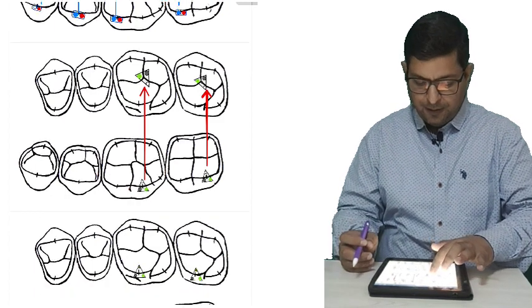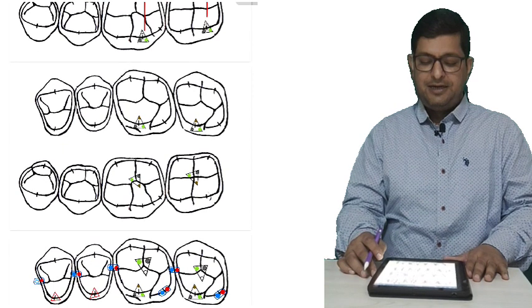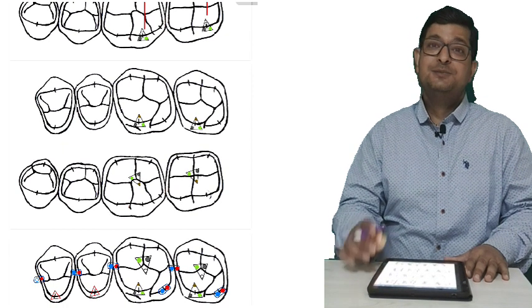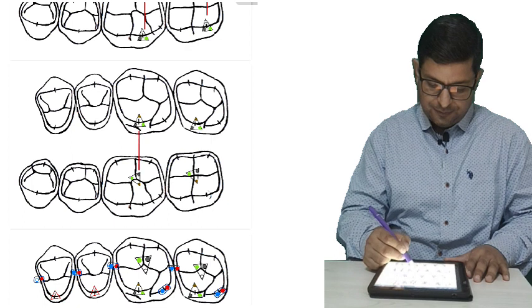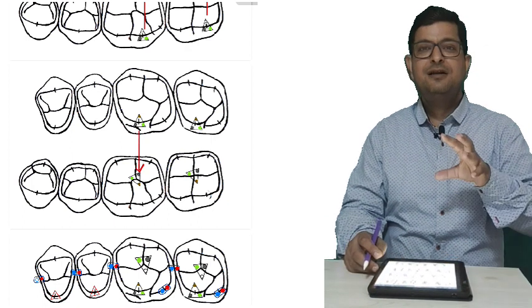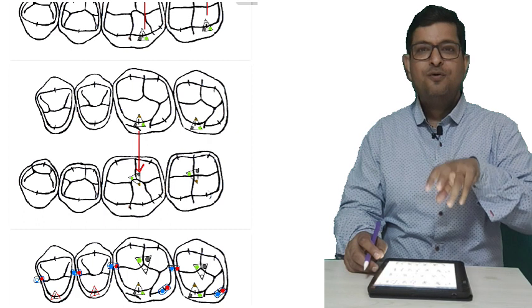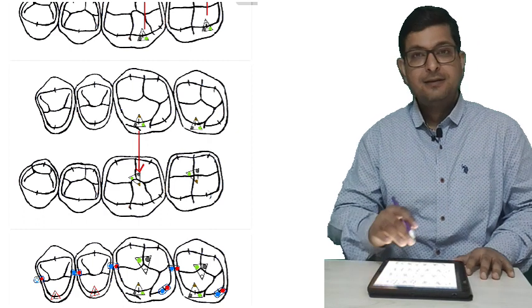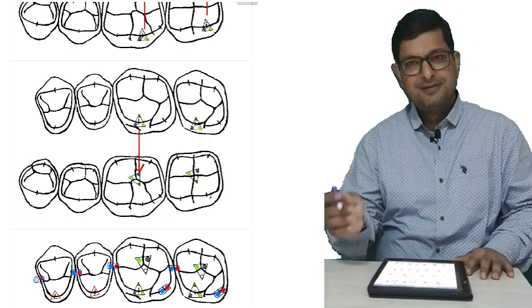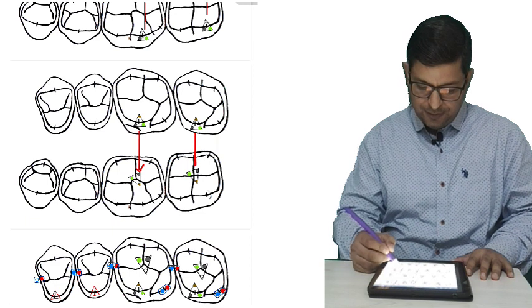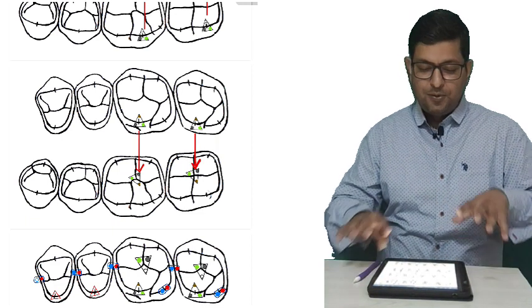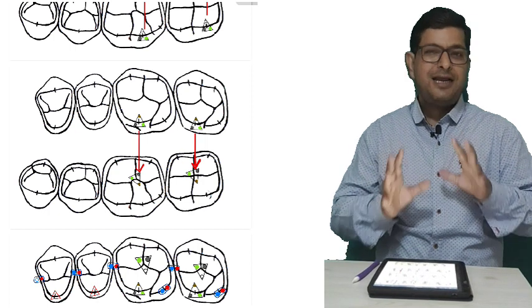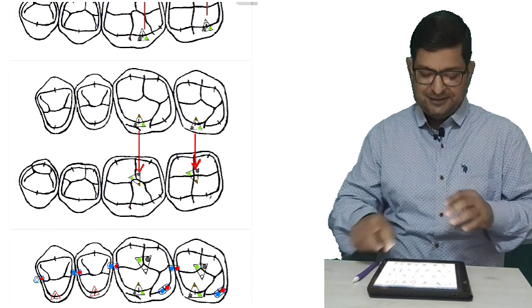Now one more tripod contact: the mesiopalatal cusp of the upper first molar will go and occlude with the central fossa of the lower first molar, and the mesiopalatal cusp of the upper second molar will occlude with the central fossa of the lower second molar. So these are all the tripod contacts which help in mashing the food.